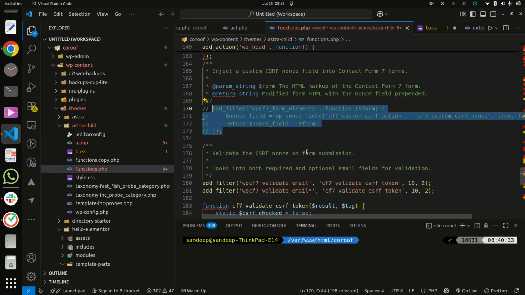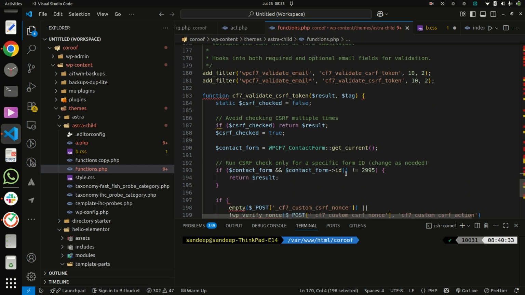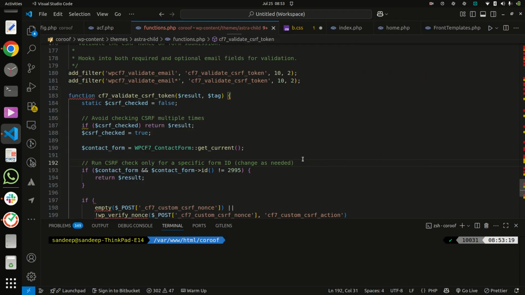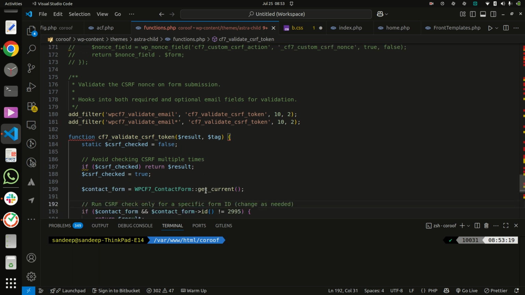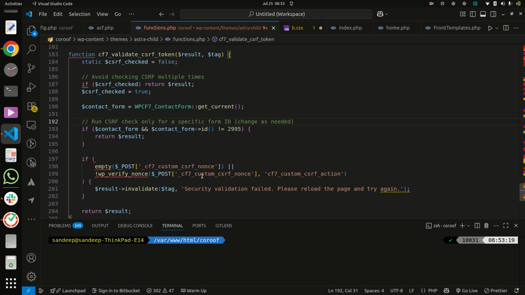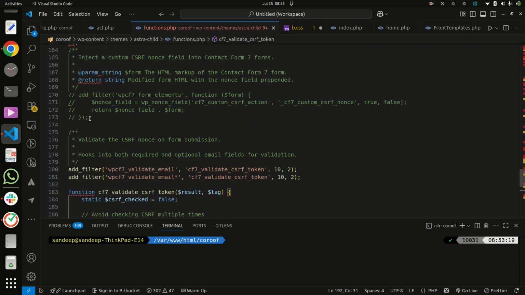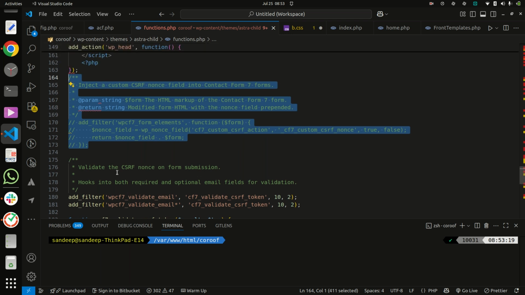So we added this validation here, and when I remove it, this validation requires the nonce. So again I am putting this code back, uncommented.